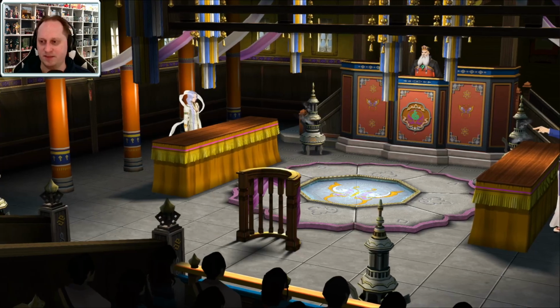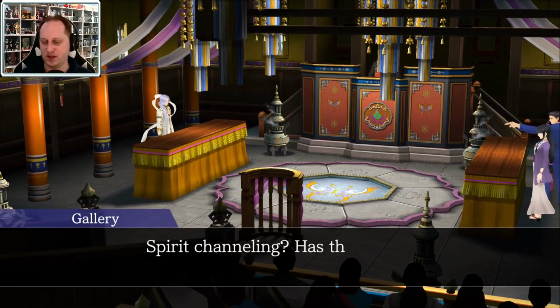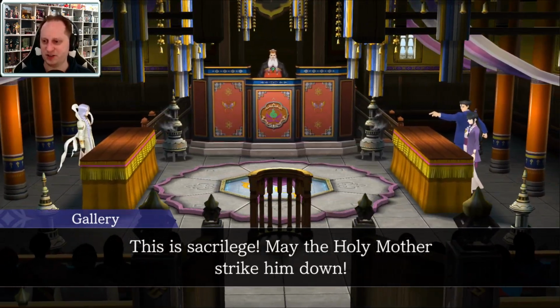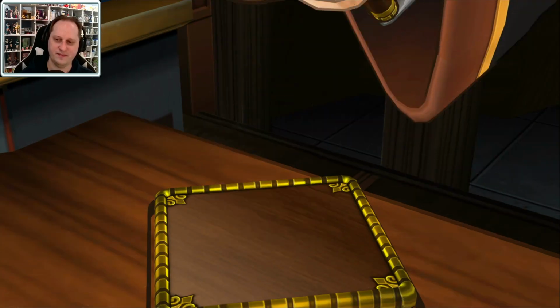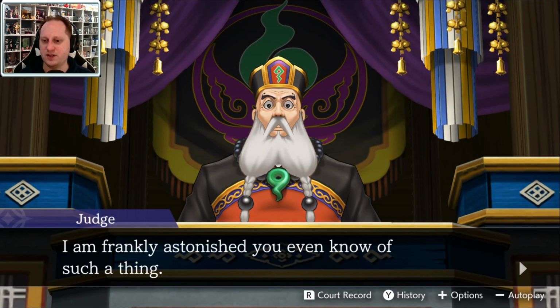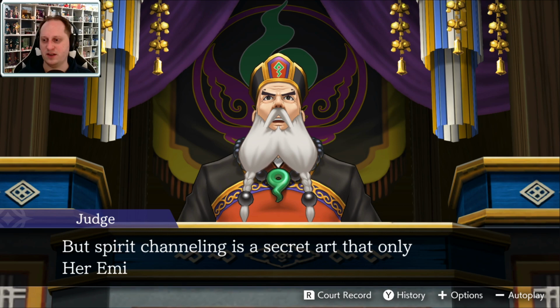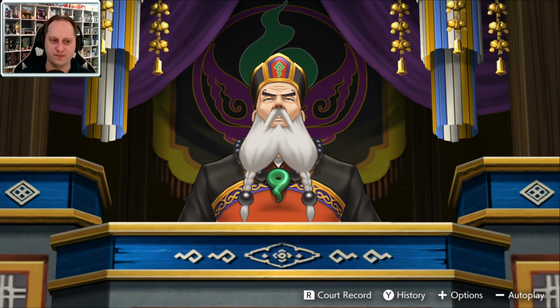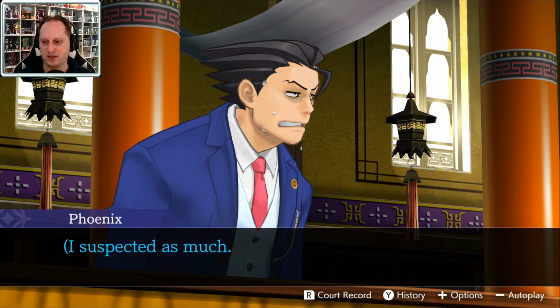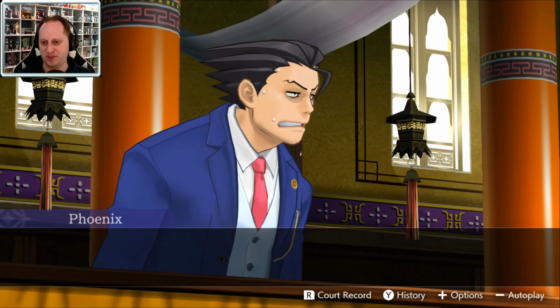What did you just say? Spirit channeling? Has this lawyer finally gone insane? This is sacrilege. May the Holy Mother strike him down. Jeez, I'm frankly astonished you even know of such a thing. But spirit channeling is a secret art that only Her Eminence Queen Garan can perform. And Her Eminence is far too busy with other duties to perform it at our pleasure. I suspected as much. That means our only hope is...